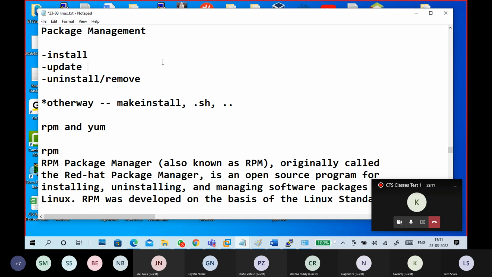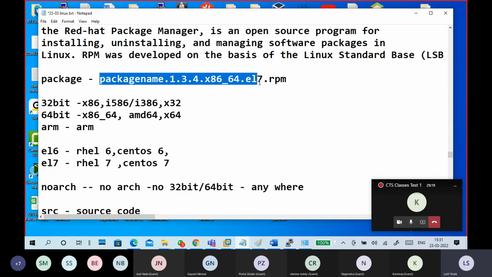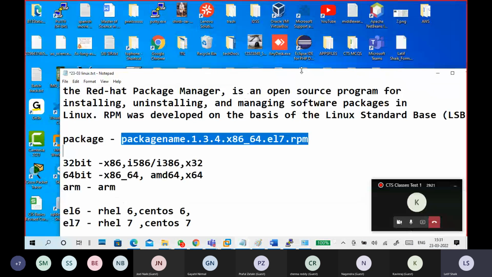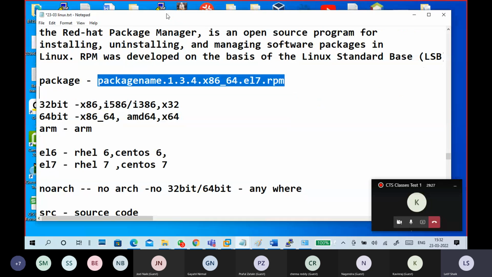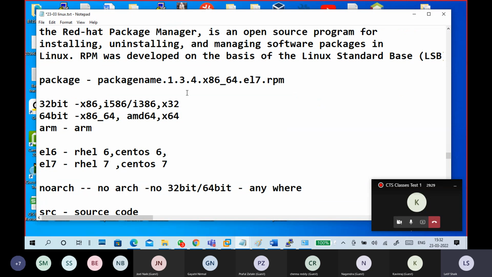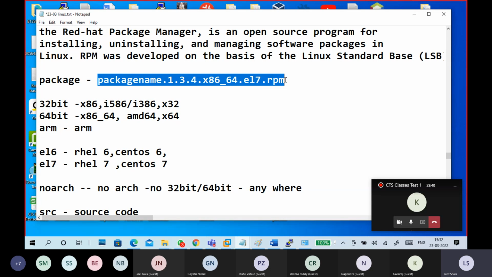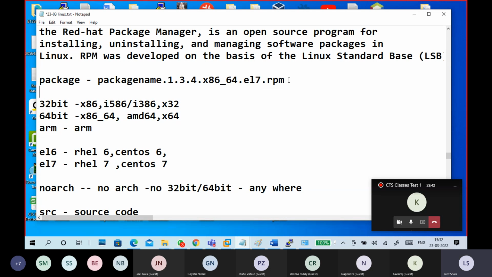Simply, what is the meaning of package management? It means your installation package. Normally in our Windows, we have packages like .exe packages, right? So we have an installation package. On Windows, a Win32 environment or a .NET environment or a JRE environment is required to install your packages, right? In Linux, it's a different type of operating system, so a different kind of environment support is there. Basically, shell support is required.